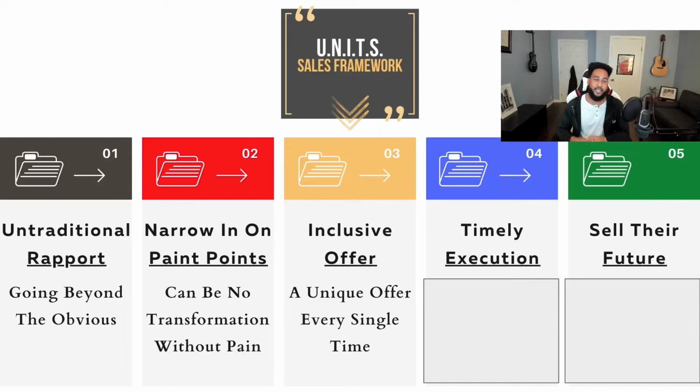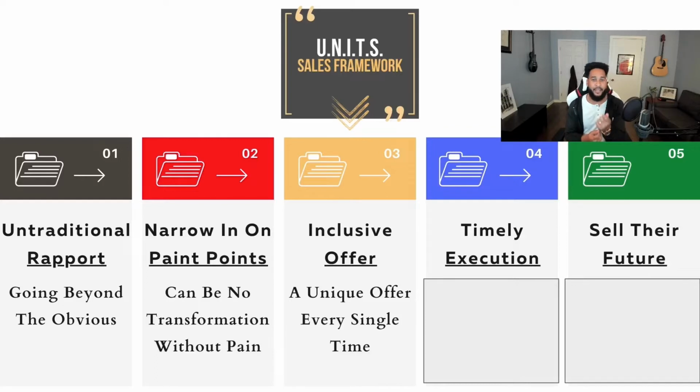It doesn't matter because once again, every offer has a list of features to it, right? And when I say a list of features, I mean every offer comes with A, B, C, D, E, F, G, continuing, right? Maybe it goes up to Q because there are that many features in it. But when I really talk about a unique offer every single time, you need to craft this offer. It's going to be the same features across the board.